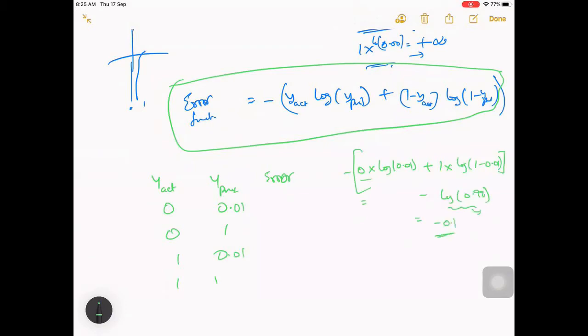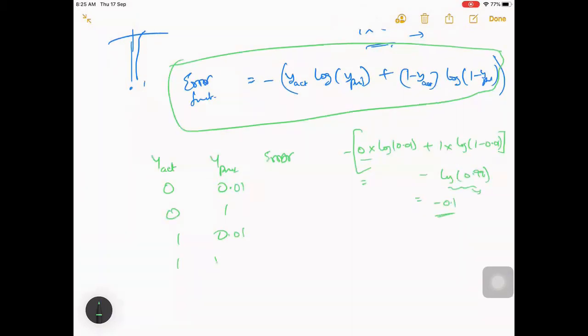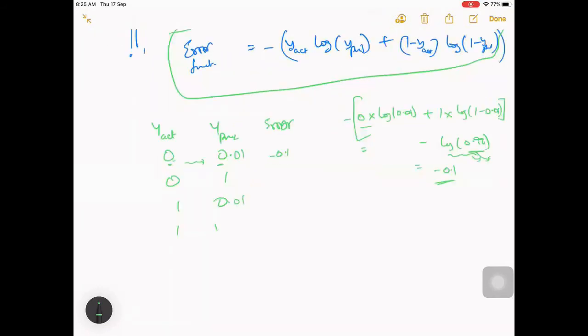So if you see this, for 0 it has predicted almost equal to 0. It did not give exactly 0, so your error is like 0.1, since log 1 is 0. It will be almost nearer to 0, something like 0.0001. Let's take it as 0.1 only. Minus is there, that's okay. No, the minus won't be there because this will be a positive value after doing it.